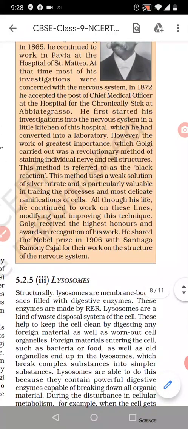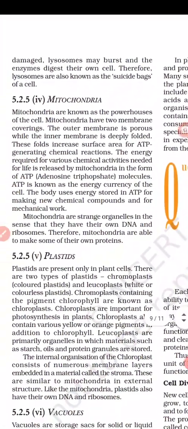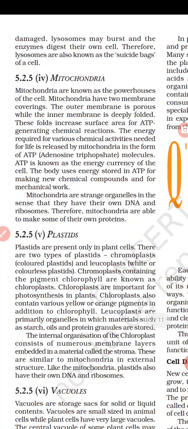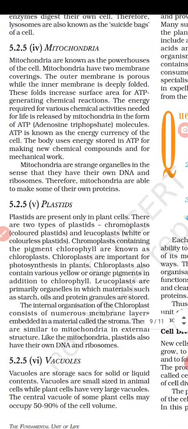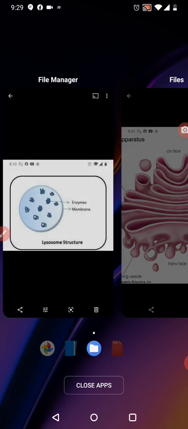Now children, the next we are going to study is mitochondria. Very important, children, mitochondria. You all know about this mitochondria. Mitochondria is also double membrane, children, and you know very well it is also known as the powerhouse of the cell. Now, mitochondria, here children, we can see the structure. Before we see the structure of mitochondria, this is the structure of the endoplasmic reticulum and lysosomes.